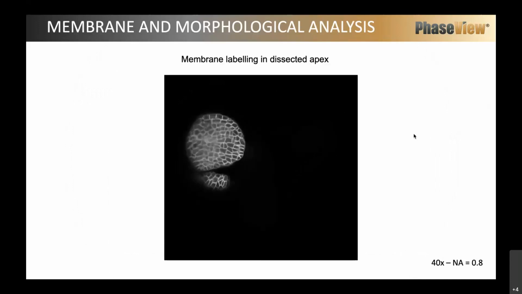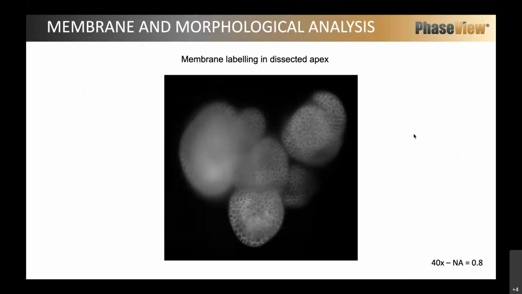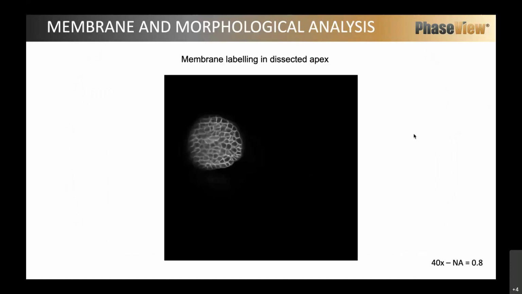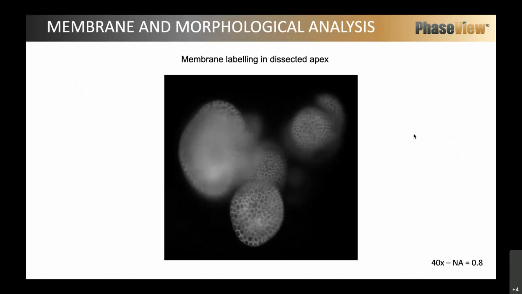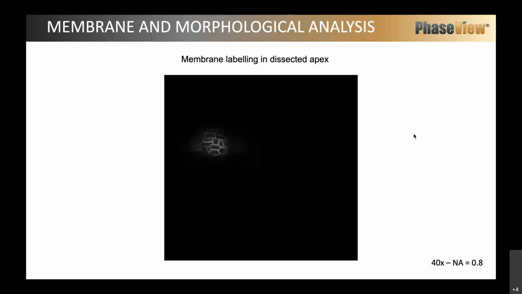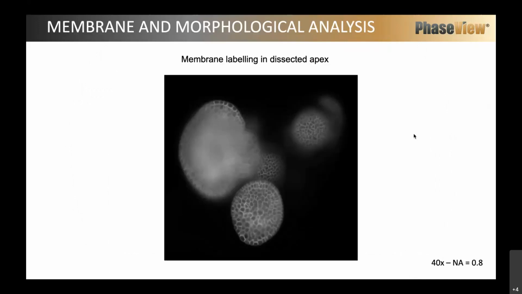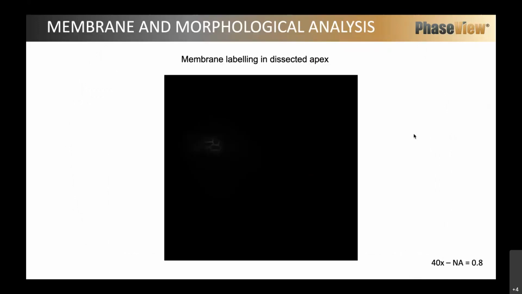And something you can see, we have a lot of signal in the depth of the tissue, so it can be really cool for some experiments. So good news, we can image shoot apical meristem, floral meristem if we want. And so first